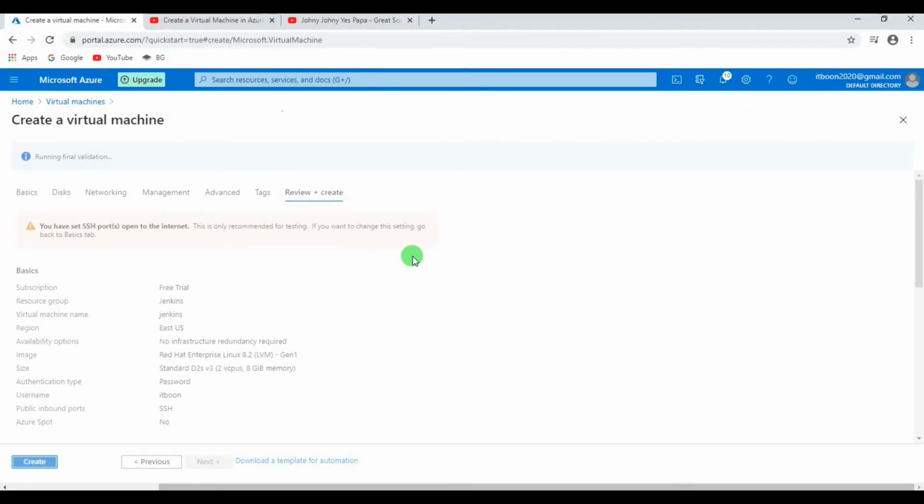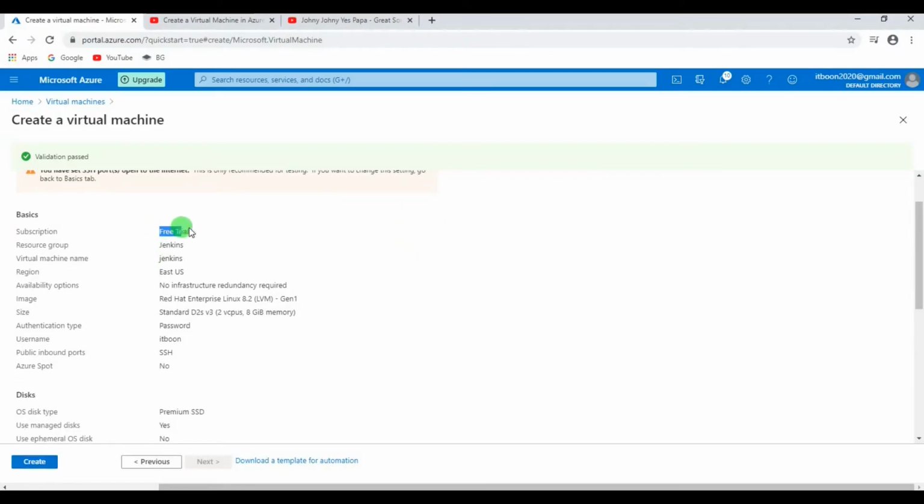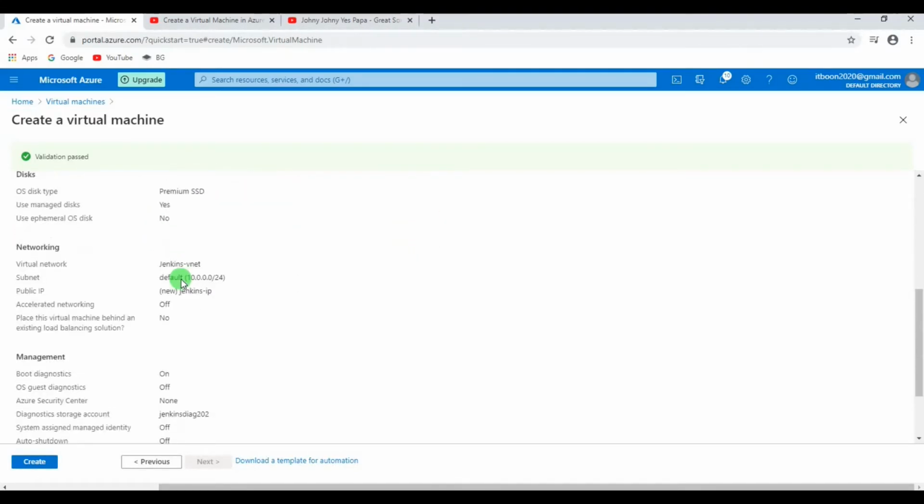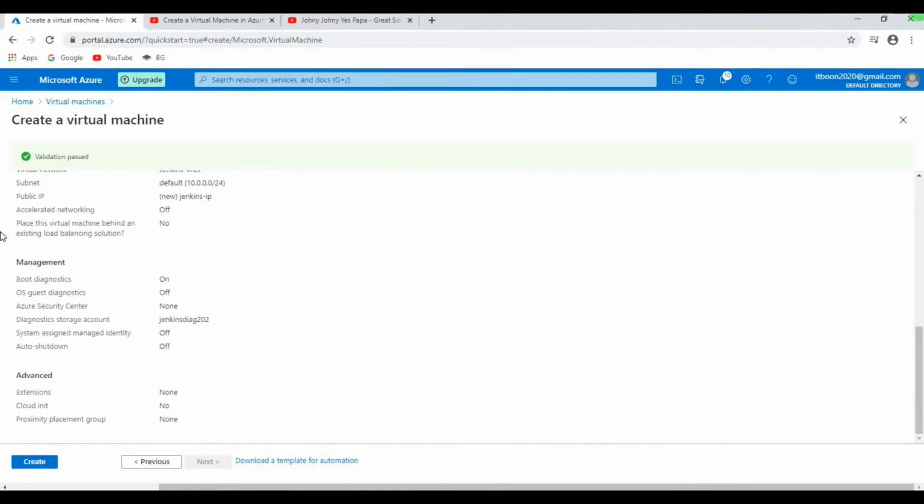This is a simple way of creating a VM. You can customize it further by adding a number of resources, like how much disk space you want to add, and by configuring various networking options, like creating resource groups, subnets, etc., and just script all those options. I proceeded with the default options to create a new VM for this demo. This is the summary page where you can validate all the details before you click on create. I am aware of what options I selected.